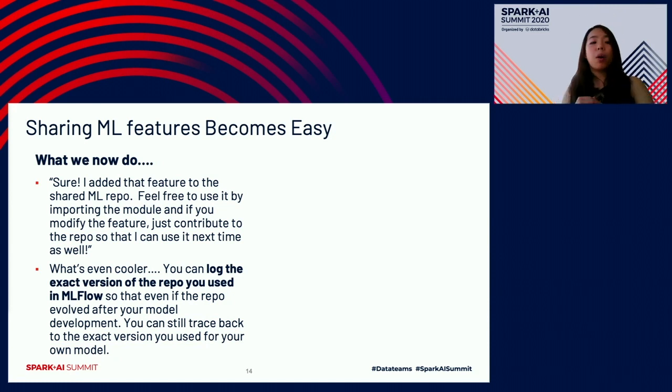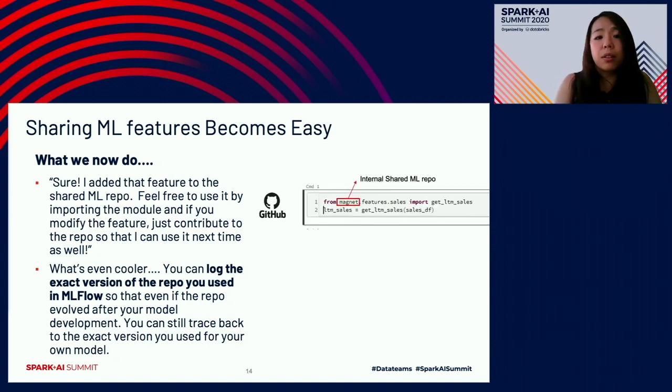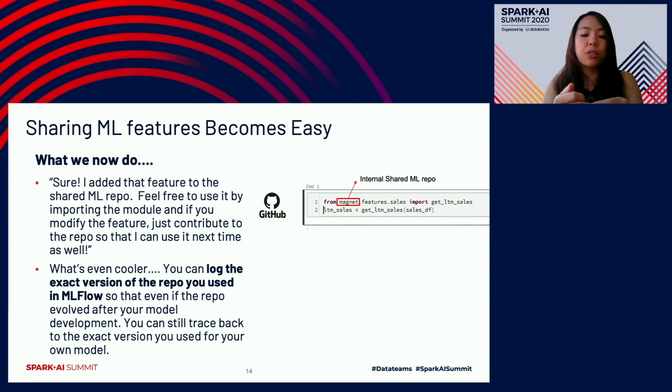So what we now can do is that, sure, I added that feature to the shared ML repo. Feel free to use it by importing the module. And what's even cooler, and you can see on the side here, is that Magna is our internal shared machine learning repo, and all these feature functions are testable functions that we can write a lot of unit tests for to make sure it fits in all different kinds of situations, and also make sure in the future, if anyone modifies the function, it doesn't break all the other